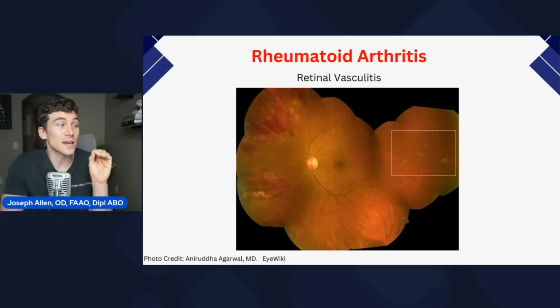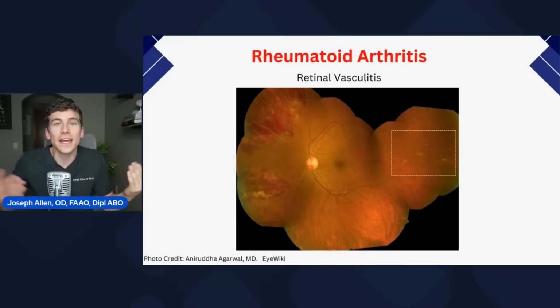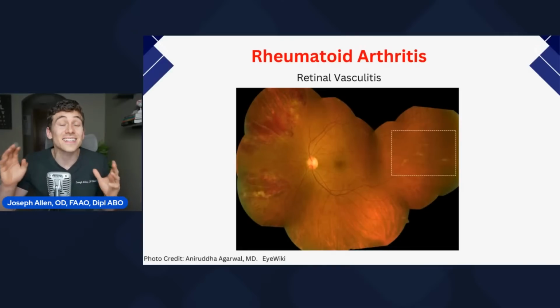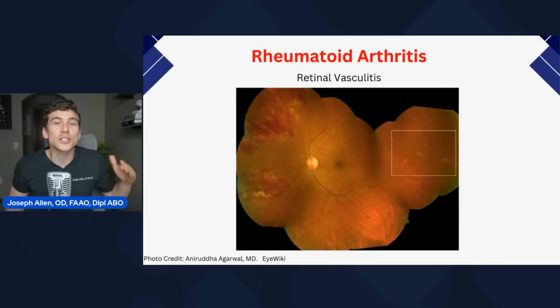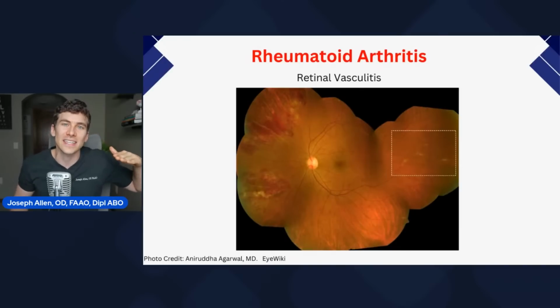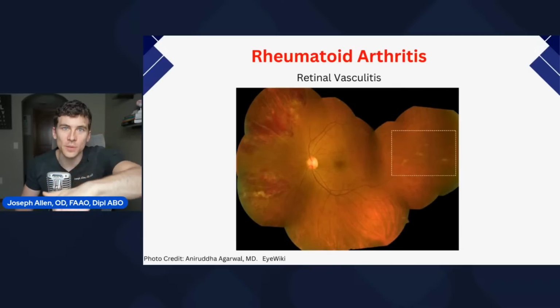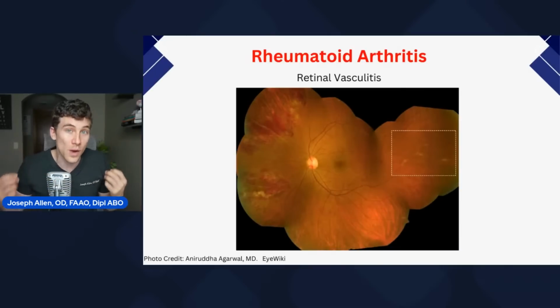And this is a big one because asymptomatic people, people that don't have symptoms, feel like, hey, my vision's fine. I just want to update my glasses. They'll come in and see us, and unfortunately, during the examination, I'm looking in the back and I'll see retinal vasculitis. And it's scary because they may not have a vision problem because it's out in the periphery of the back of the eye. But the problem with vision loss is it's kind of like a cliff that you can't see. You feel like you're doing fine, you're doing fine, you're doing fine, and all of a sudden you jump off a cliff and your vision deteriorates rather quickly.